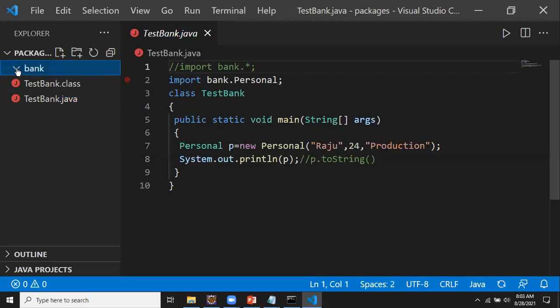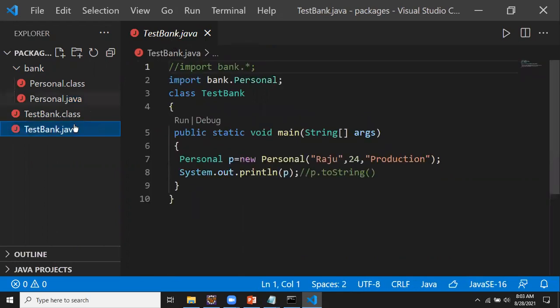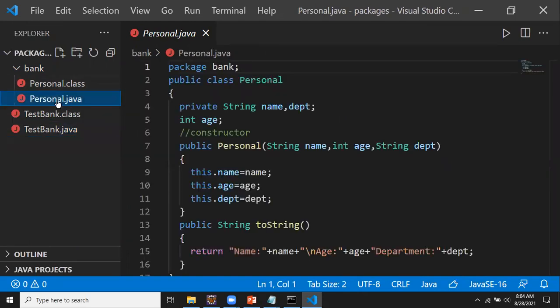I'll just click here, so it will expand for me. Once it is expanded, you can see the Personal.java file is there. I'm selecting this one. Now you see that file is showing for me here. The advantage of using this is that it's going to have multiple tabs for you. One tab is for the Personal file. You just click on the file there, and once I select the file, you can see automatically that file is shown for you. That is the advantage we have.